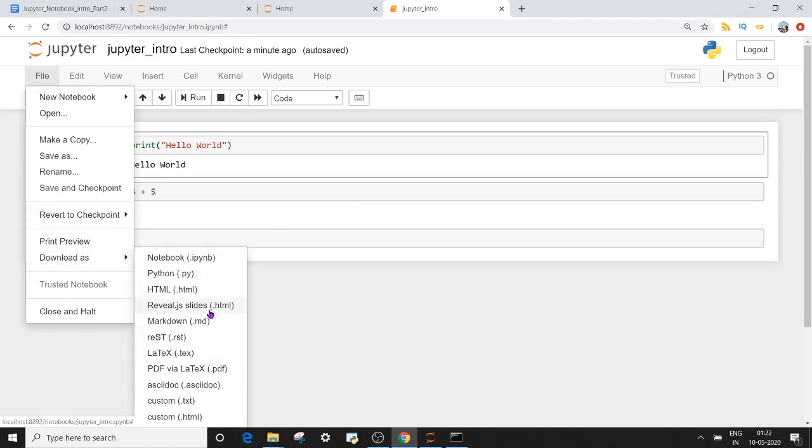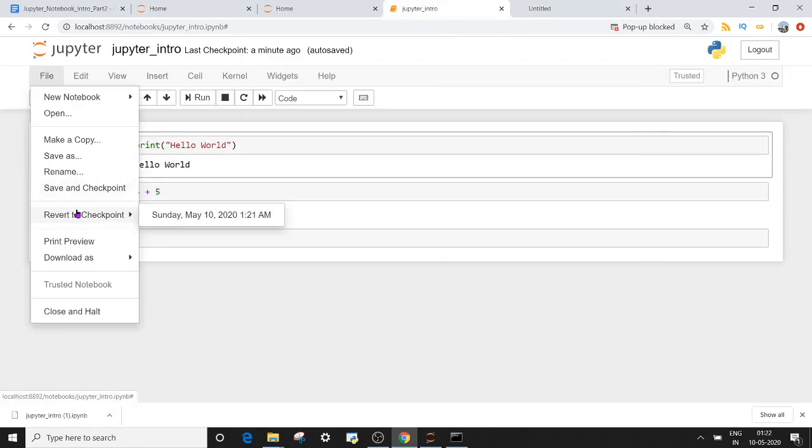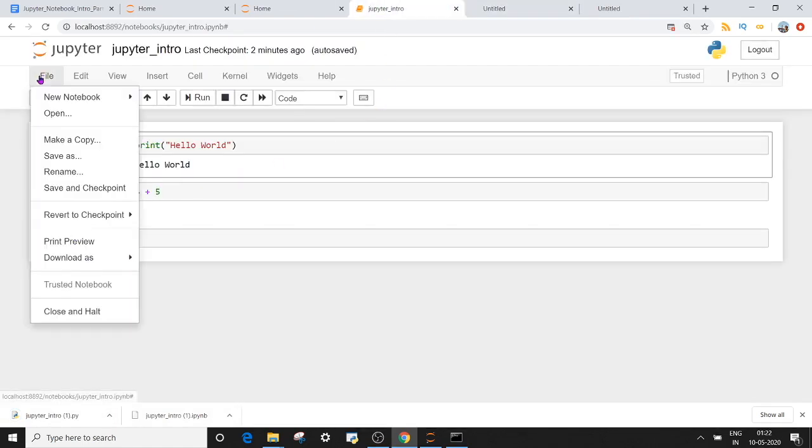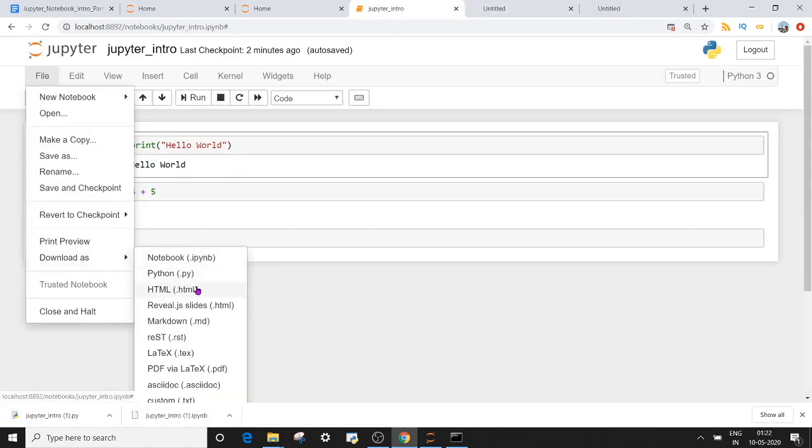We are going to discuss the top 3 famous downloading or exporting options, which are .ipynb, .py and .html, right? So if I click on this, it will download my Jupyter_intro notebook as a .ipynb file. I can simply email it to my colleagues or my clients. If I choose my second option, which is download as a .py file, it will download my notebook as a .py file, right? And the third option that I want to show you is the HTML option.